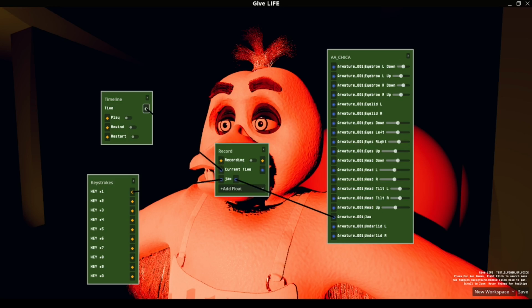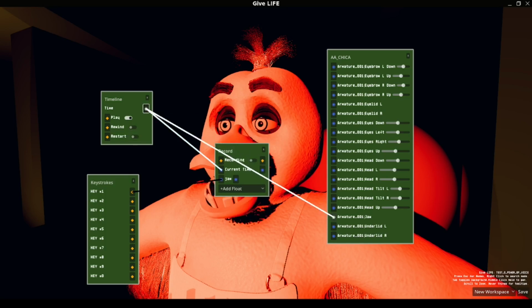So, if you want to think about it, when I hit play on this, and it even represents it, it gets brighter and brighter. It just goes past 1 and it just keeps counting up forever. You can have rewind, have it count down till 0, then restart it. And you can actually just hold down restart and it'll keep it like that. So very simple node. You can plug a timeline node into the jaw directly. Actually, I'm pretty sure I clamp it, right? Yeah, I clamped it. Okay.